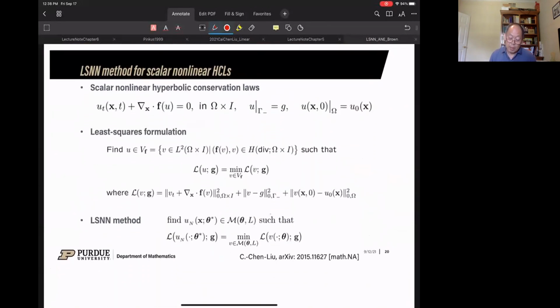Okay. Now, this is the scalar nonlinear hyperbolic conservation law. Because we're computing in a bounded computational domain, that's the reason we also add the inflow boundary conditions. You have the truncation, so somewhere you have to add that. There are a couple of least squares papers on that. One thing is that no matter whether the data is continuous or discontinuous, this problem always has discontinuities. For example, what they call shock formation, right?